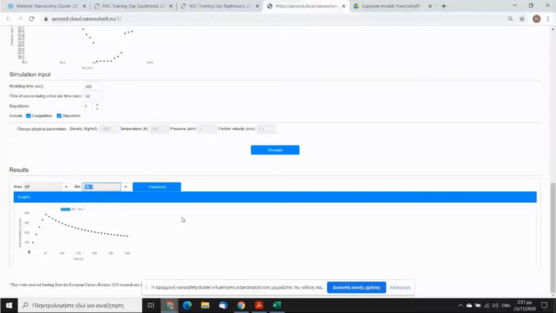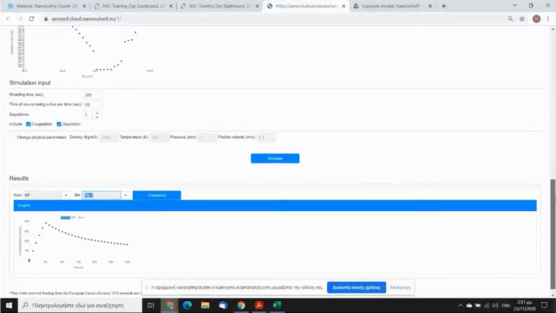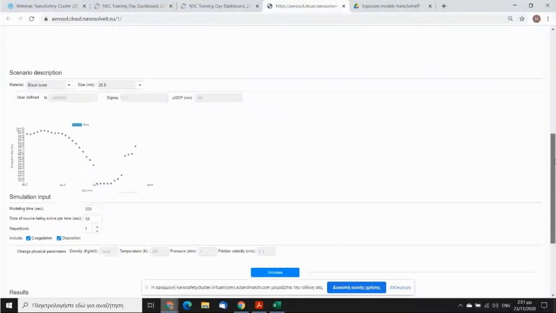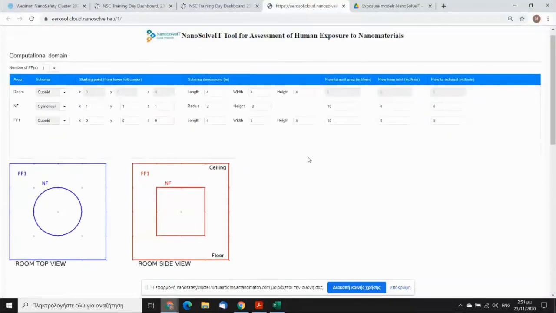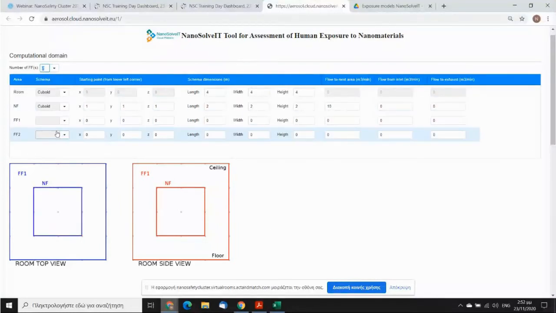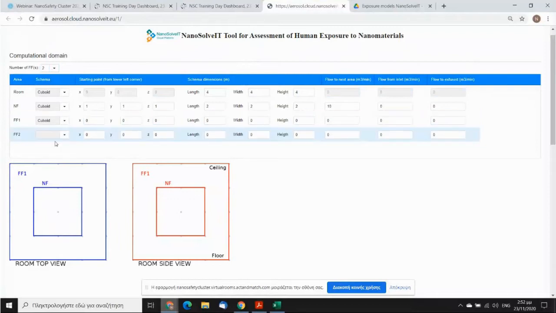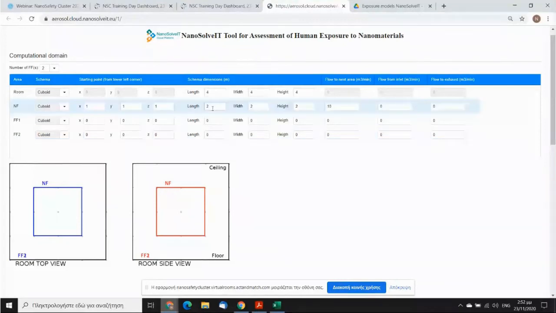And for my final example on the aerosol application, I'm going to use two FF areas, all cuboids. So I'm going to go here and I will select 2. You see that these were updated. Now we have FF1 and FF2. I will put here cuboid and 2, and here also cuboid. I will use this input for the NF, so it's 1, 1, 1, and for the dimensions is 2 by